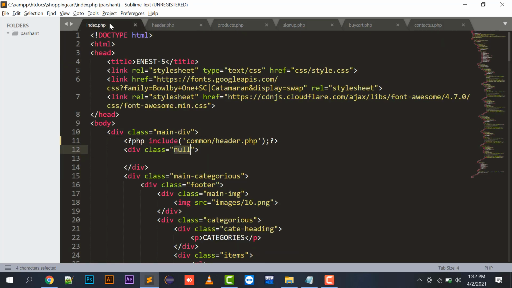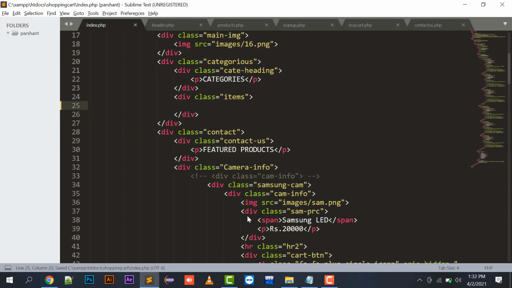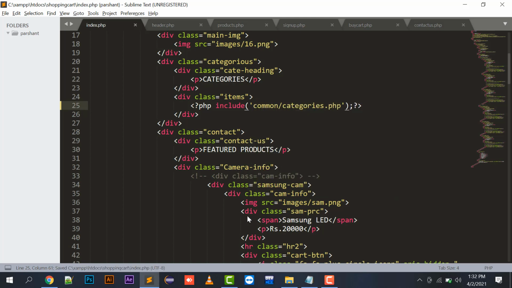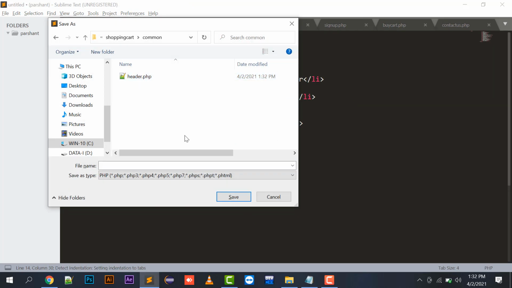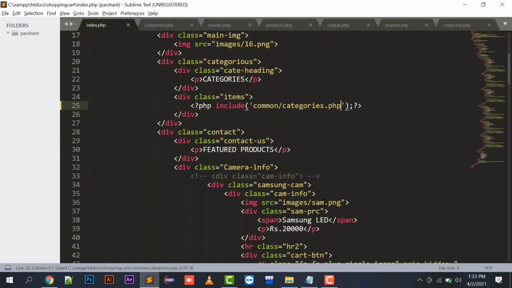So in this way you can also take the categories part on the left side, and I can put over here include common categories.php, right? New file, in the common folder I will save it as categories.php, right?